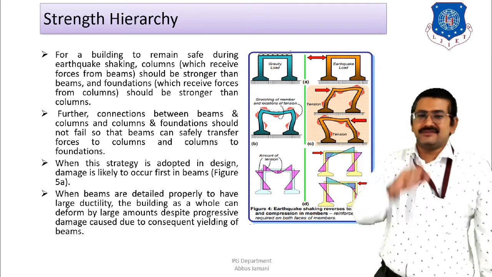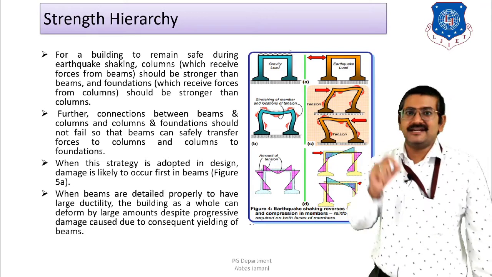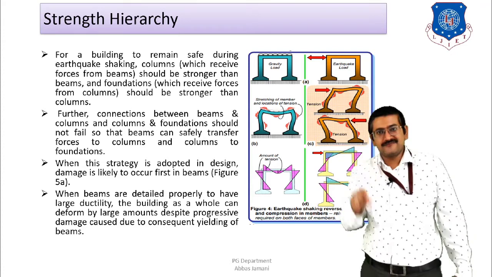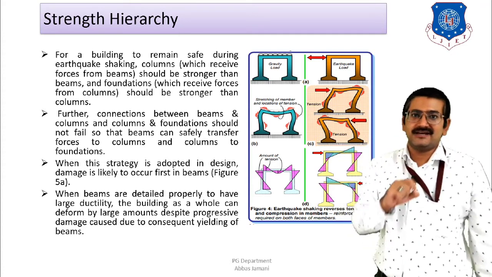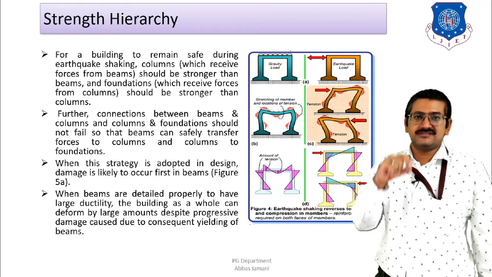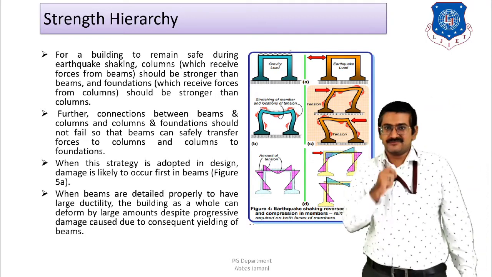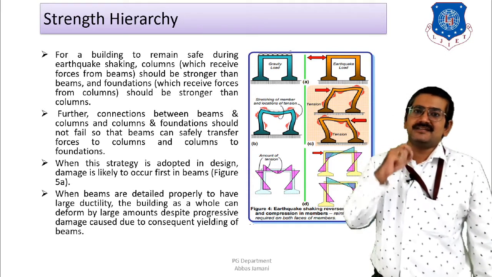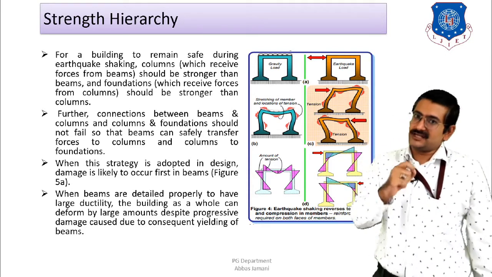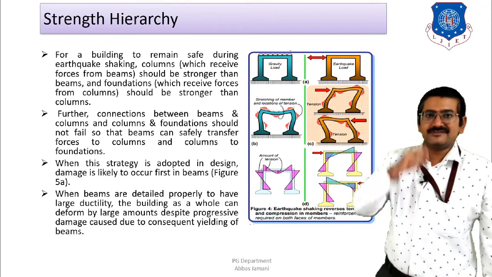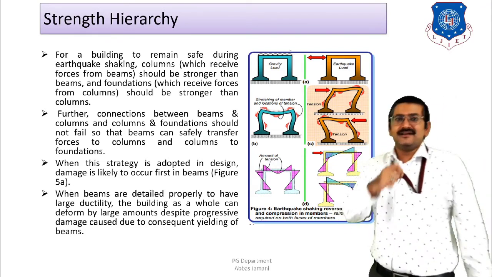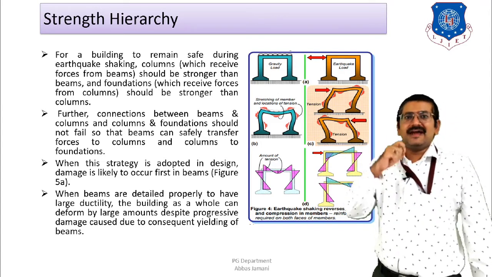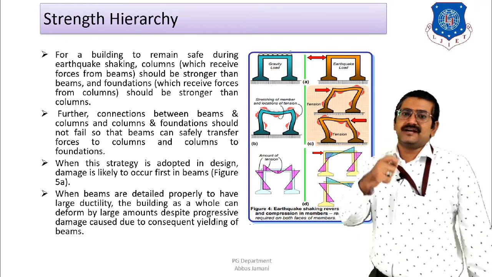And at the same time, the beam column joint should also have the capacity to transfer these forces carefully, and the junction of column and footing should be designed in such a manner that it is also able to resist or transfer the forces that are coming from the top of the building. Right? So detailing of the joint also plays an equivalent role in enhancing the performance of a building under the effect of vertical or horizontal loads. So that is why we come to the conclusion that in order to ensure good performance of a building, the column should be strong and the foundation should be even stronger as compared to the columns.